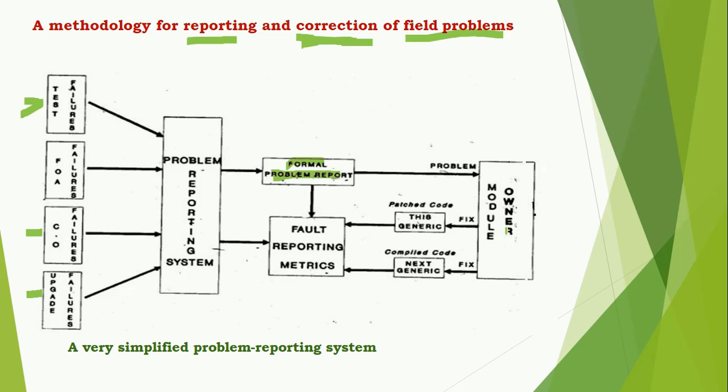Let us assume that it is a major fault, so it will be given for this generic, and it will be corrected. Again the report will be given to the fault reporting matrix. There are 4 arrow marks which are given for the fault reporting matrix. So it is a database of the faults, and the formal report and also the corrected report. For example, if you can't resolve the problem at this stage, it will be postponed, so it is connected to the next generic. So these are corrected by using patch codes and these are corrected by the compile code.